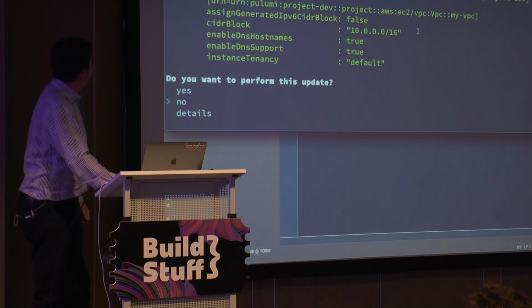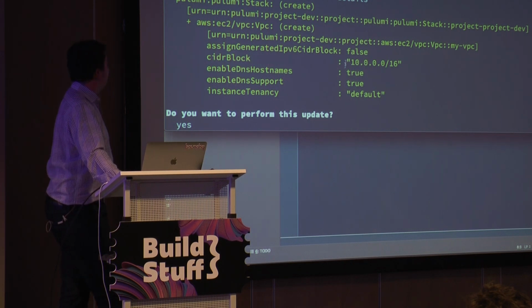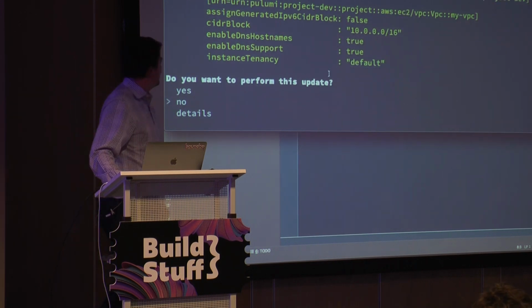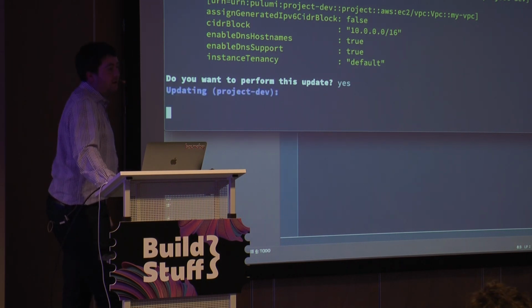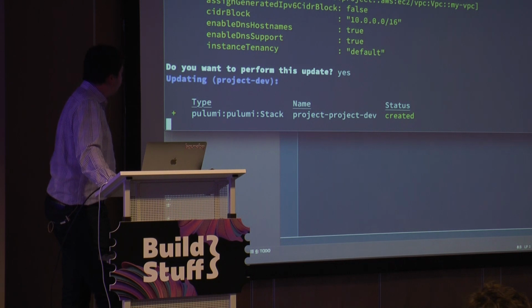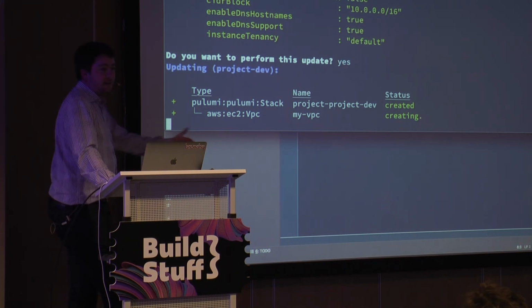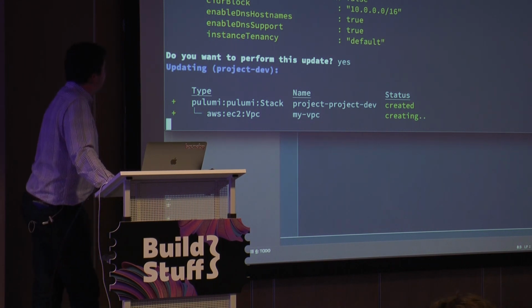So if we go look at the details, you can see all of the options that will be set. Some of these are defaults. Some of them are what we configured. So instance tenancy, there's a default for that, so that's what's come through. So we can say yes, we want to perform that update, and then it will go create the infrastructure. And almost certainly what I've just done is left it in US East 1, which means we get the latency of the Atlantic for us as well. Probably should have changed that to Europe, but it shouldn't be too bad.